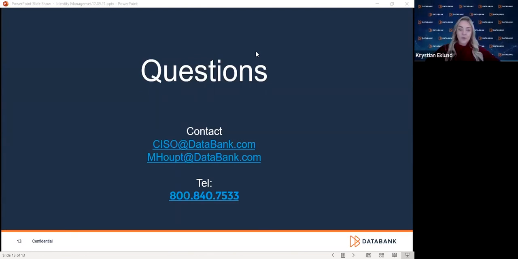Great. Next question says, what tool or tools do you use to report on account lockouts or other status? Yes, so there's a whole bunch of different tools and capabilities for that. You can go everything from writing your own scripts. Active Directory, for example, is very open as far as writing scripts through PowerShell. There's a lot of scripts out there available on the internet for you to download. If you don't know how to write PowerShell scripts, there's a lot of consultants that would easily write them.